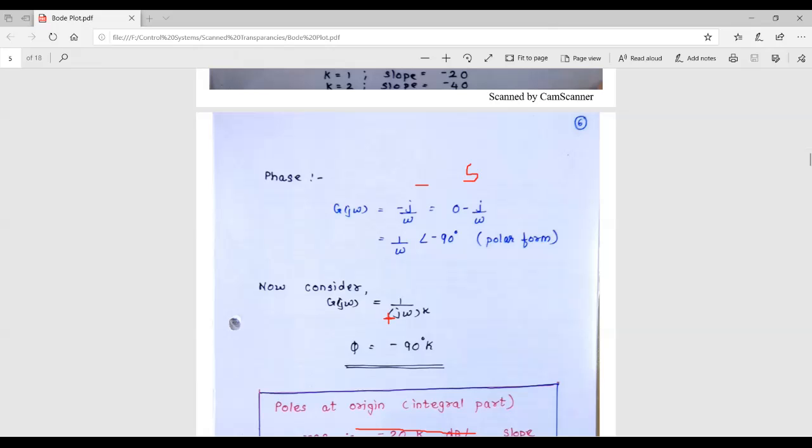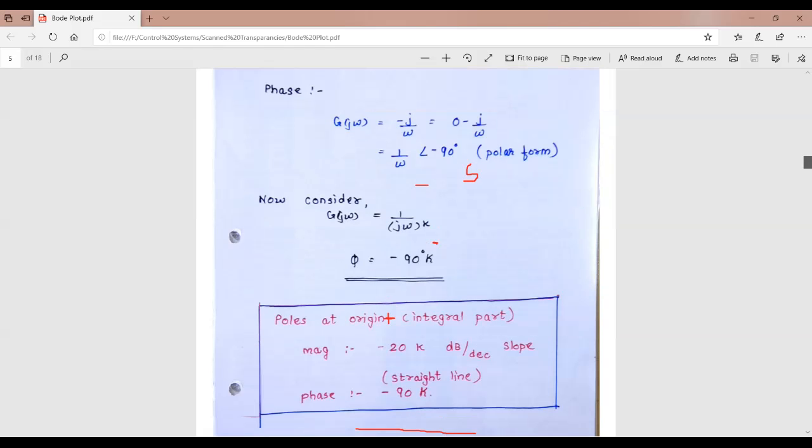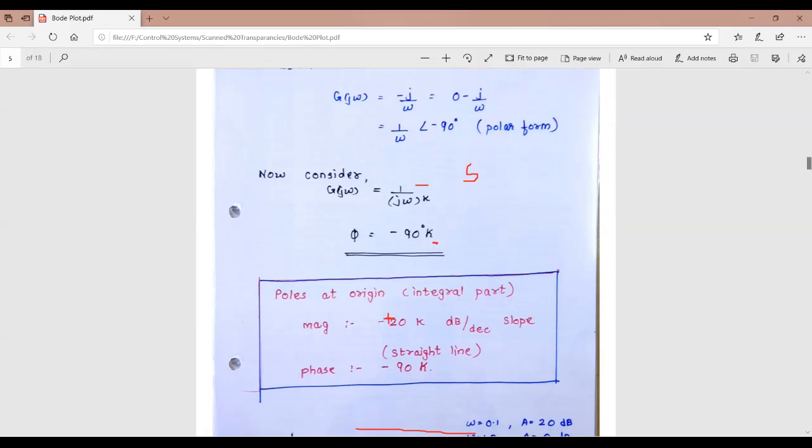And in the denominator, you are going to have tan inverse of omega upon 0. So that is tan inverse of infinity, which is nothing but 90 degrees. So this is 0 degree and this is 90 degree. Since this is in the denominator, when it comes to the numerator, it has a negative sign, right? So the phase of g of j omega is equal to minus 90 degrees. Now always remember, a pole at origin will have magnitude contribution of minus 20 log of omega, and phase contribution of minus 90 degrees.